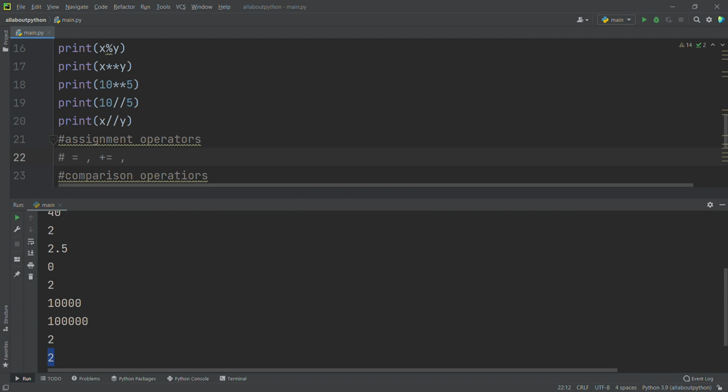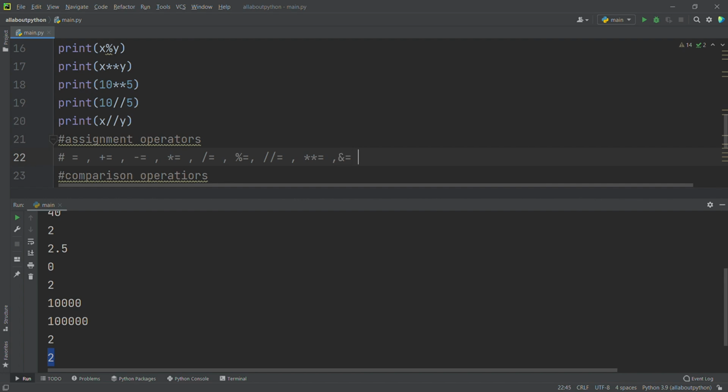Plus is equal to, minus is equal to, star is equal to, slash is equal to, percentage is equal to, double forward slash is equal to, double star is equal to, and is equal to.